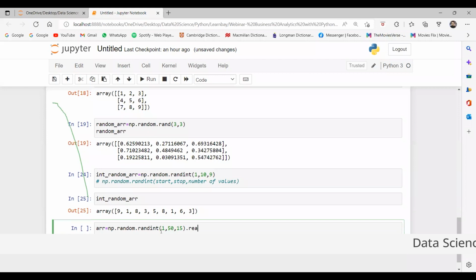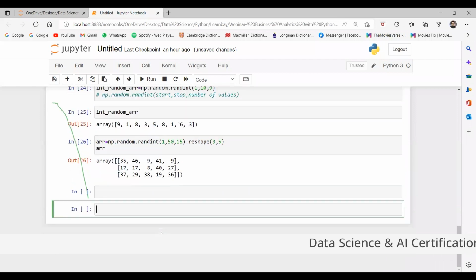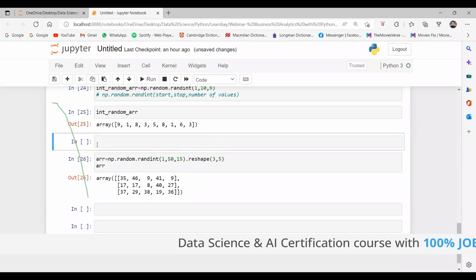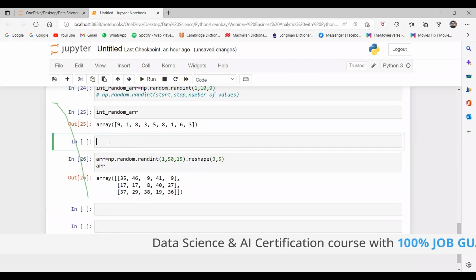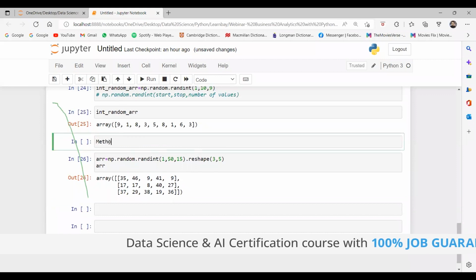And I am saying reshape. I want 3 rows and 5 columns, and now I print the array. So I'm getting 3 rows and 5 columns of random values between 1 to 50, yes or no, guys? Any doubts here? No.